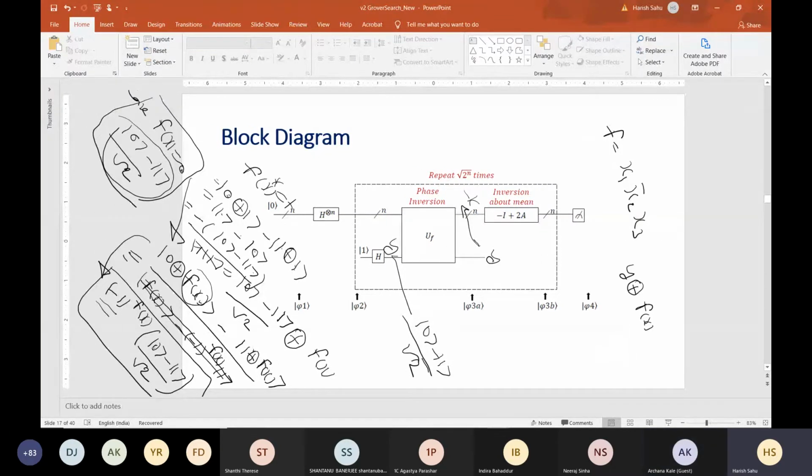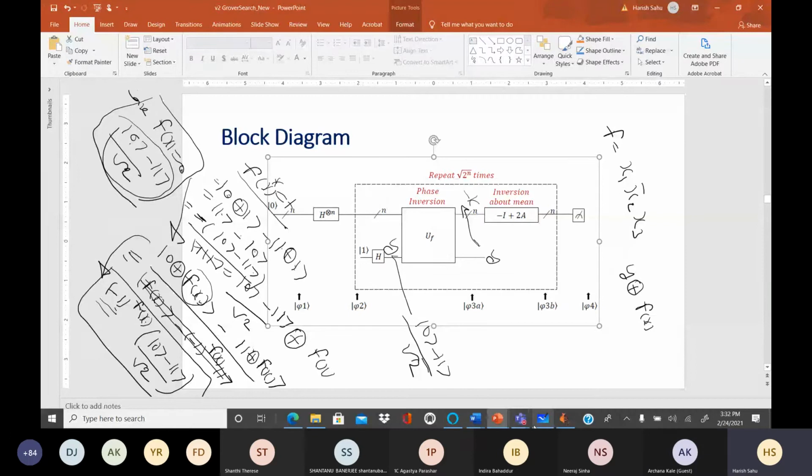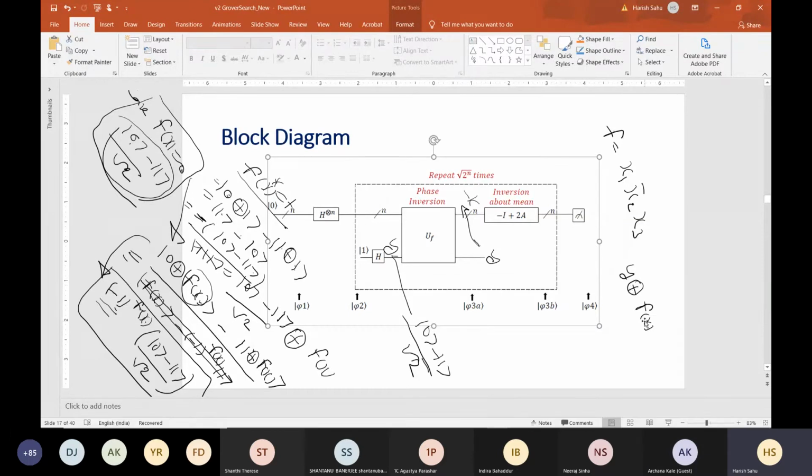Minus 1 power f(x), 0 minus 1 by root 2. So when f(x) is 0, it remains the same. When f(x) is 1, it becomes minus 1 power 1, which is minus 1. So the minus will come out, and I am sending this minus here, so that x will become minus x in case of f(x) equal to 1. So by doing this y XOR f(x), we are able to implement that oracle kind of thing.